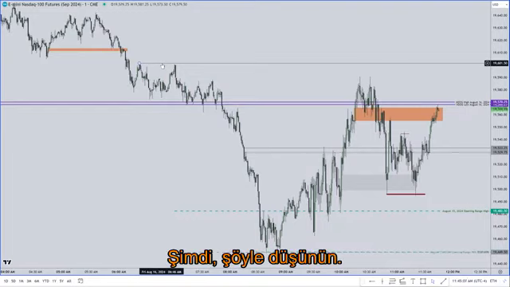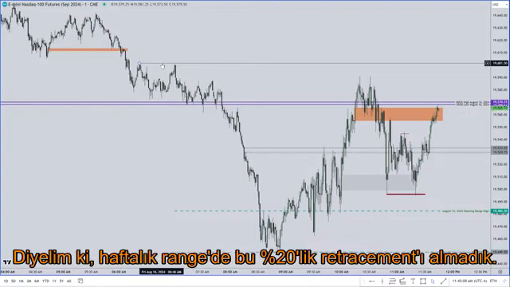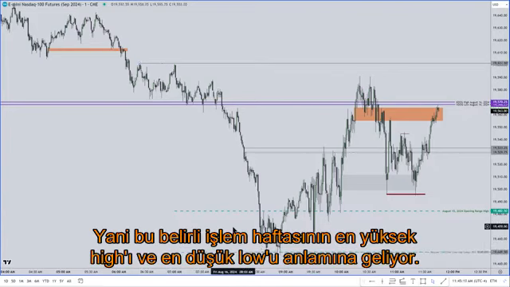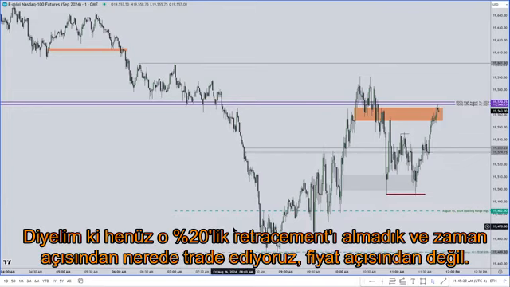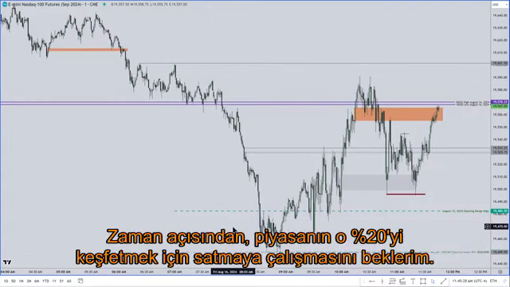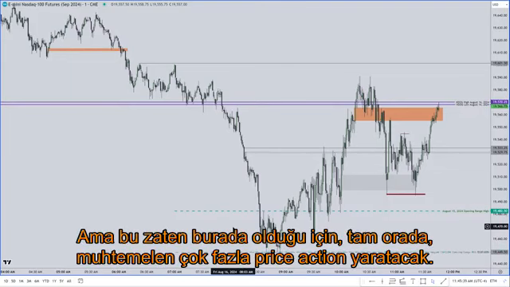Now think about it like this. Say, for instance, that we did not get this retracement on the weekly range of 20%. So it means the highest high and the lowest low of this particular trading week, okay? Say we didn't get that 20% retracement yet. And we're trading time-wise, not price-wise, time-wise, I would expect the market to try to sell off to try to explore that 20%. But because we have had this happen already here, right there, it's more likely that it's going